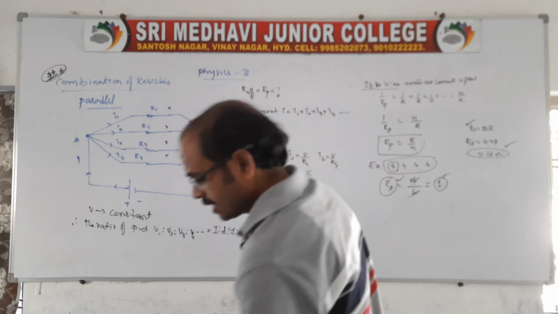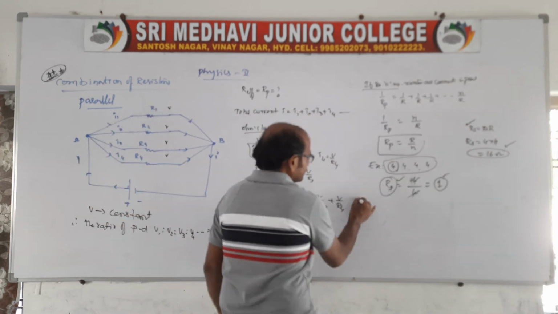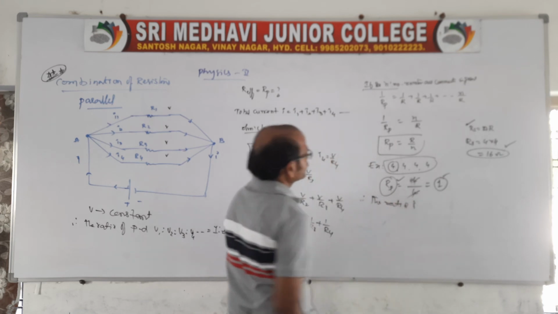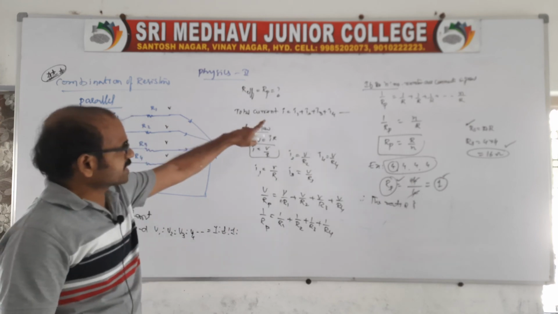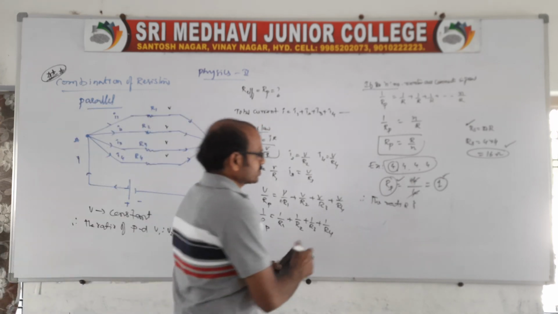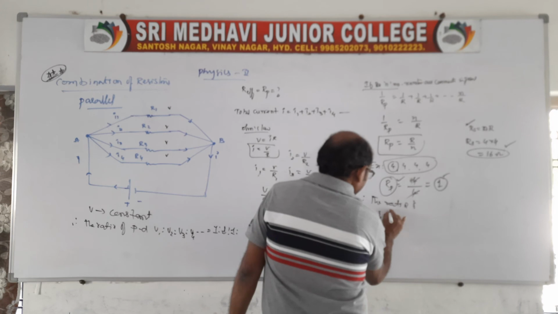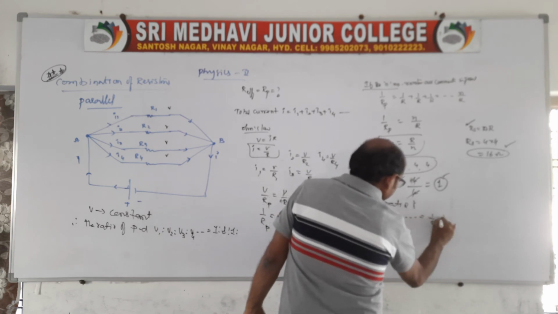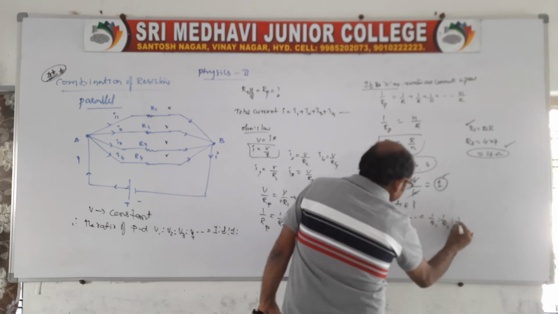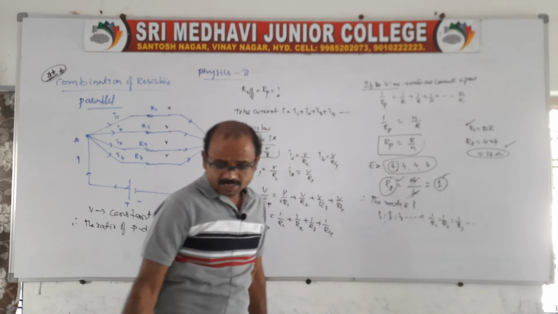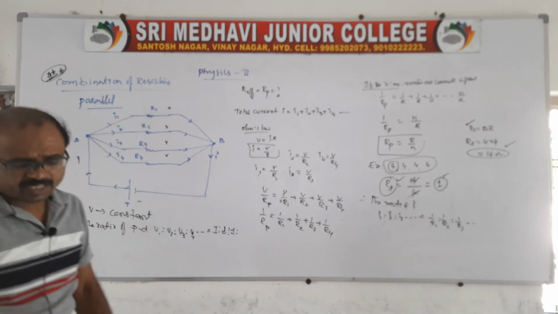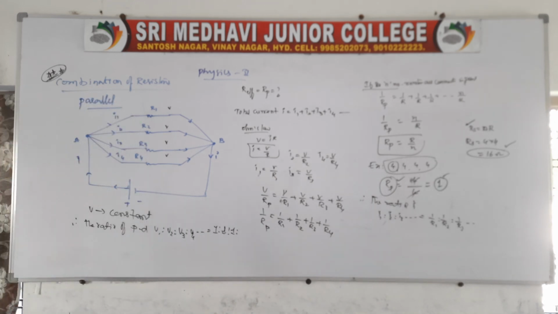And coming to the point, here it is actually the ratio of currents that is asked. So the ratio of currents will be I1 is to I2 is to I3 and so on is equal to 1 by R1 is to 1 by R2 is to 1 by R3, and so on. So this is the way we get the effective resistance as well as the ratio of the currents.